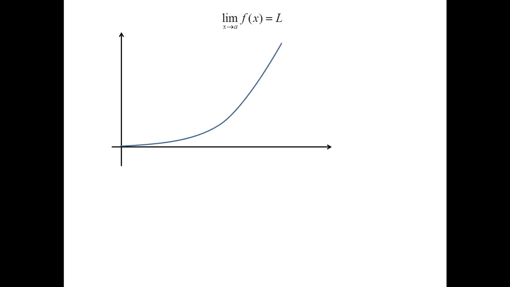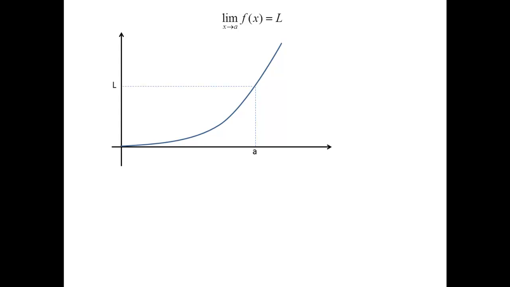Okay, so what does this mean? When we talk about the limit as x goes to a of f of x equals L, what does that mean? Well, to help us understand it, it would be helpful to draw a curve, just a generic curve, and locate a point here on the x-axis, a. Now I'm going to assume that the curve is continuous at a so that there is an f of a